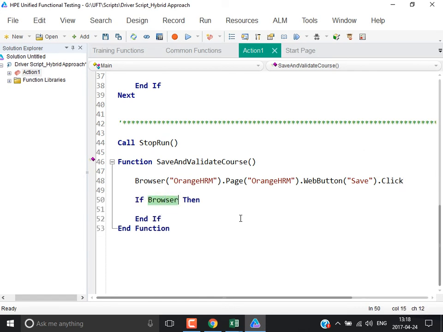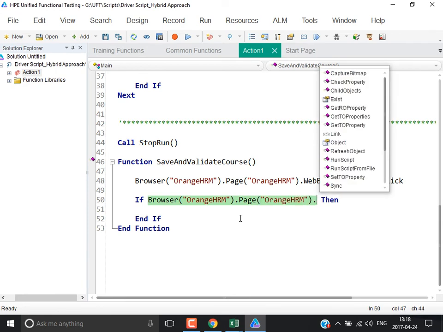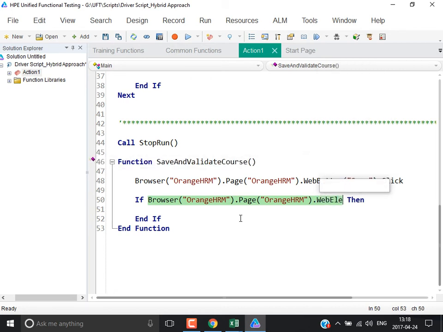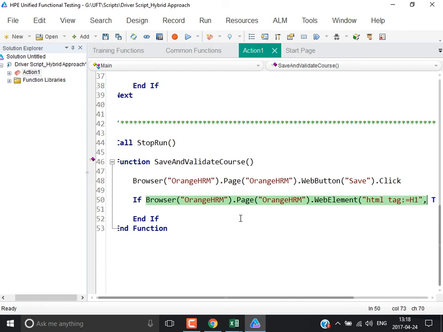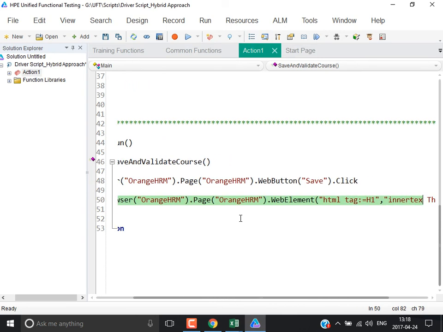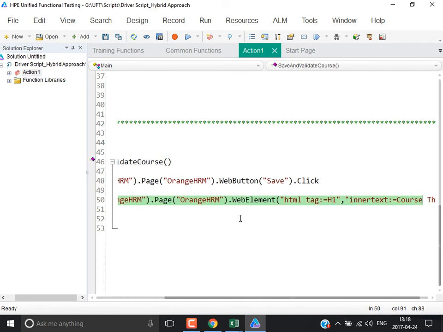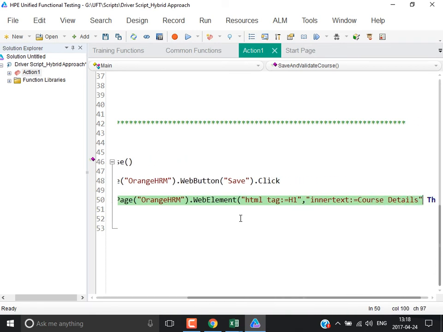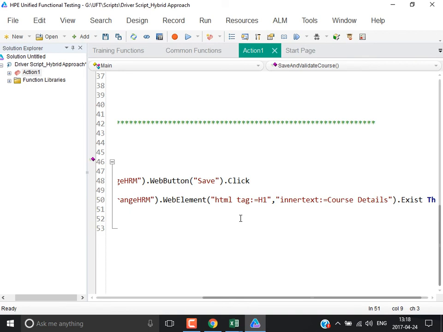If browser dot, in between navigation points and all that you need, sorry, synchronization steps and all you need to add, but I'm not using any synchronization. Web element of HTML tag equal to h1 comma inner text equal to course details dot exist, then you say